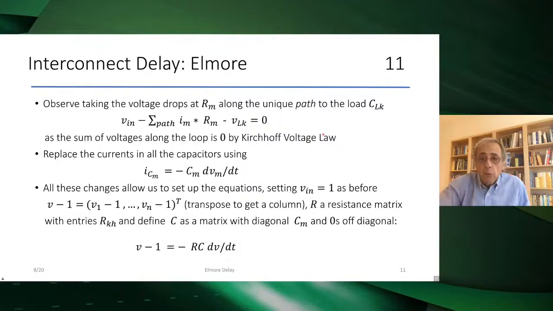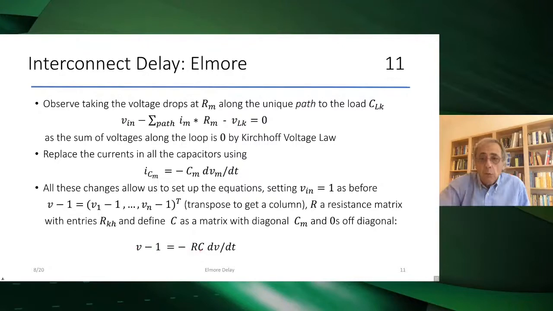So I wrote the equation this way, using Kirchhoff's voltage law. The currents in the capacitors are equal to C times the derivative. Now we're dealing with vector equations because we have all the voltages. One is the vector only with ones, and I'm using the transpose as I'm writing them horizontally, because if not, I would need a slide per equation. If we do these substitutions, we end up with something of the type: the voltage at the end, this V_Ls, this V_in, I replaced by the constant one,